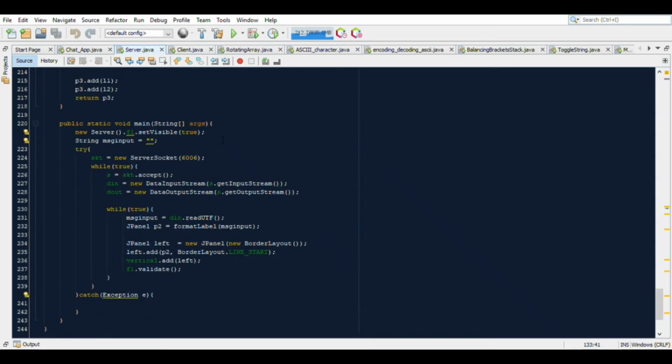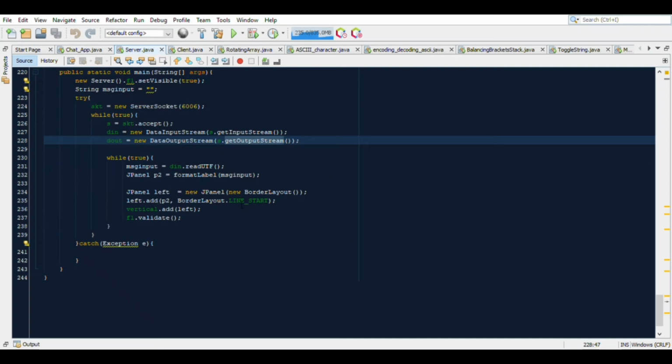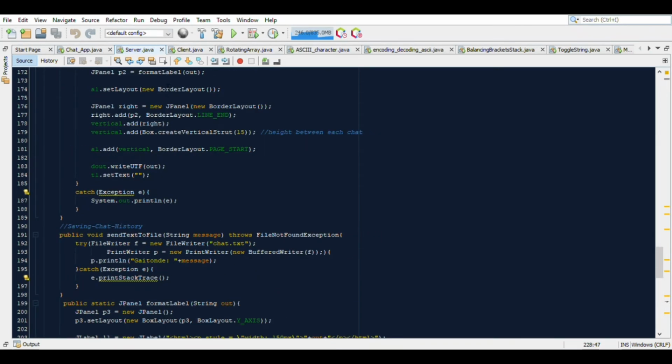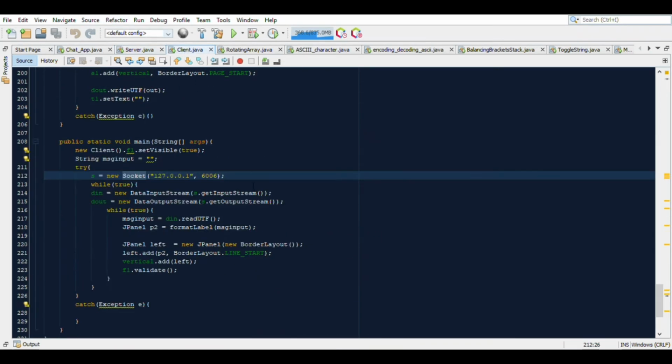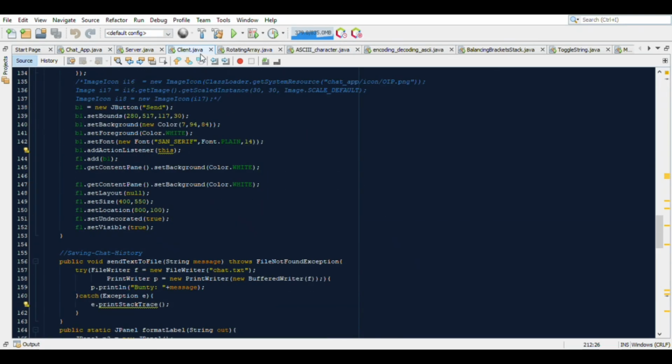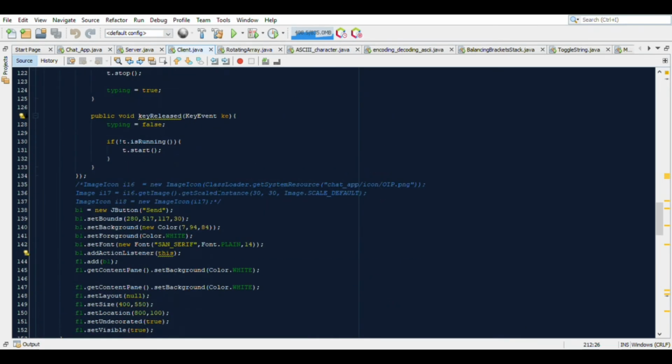After that I have written the code for the server socket on the server side. I have used the server socket class to assign a port, and I have used data input stream and data output stream to get the text message and to output the text message onto the text area, which will be displayed. So this is about the server program, and the client program is almost the same as the server.